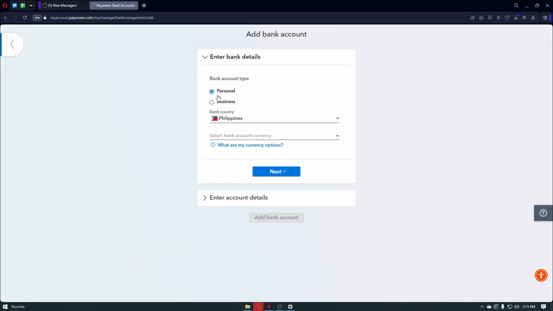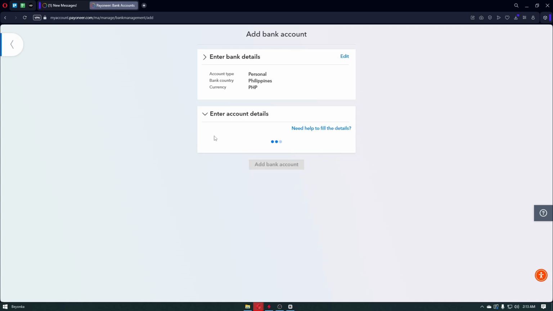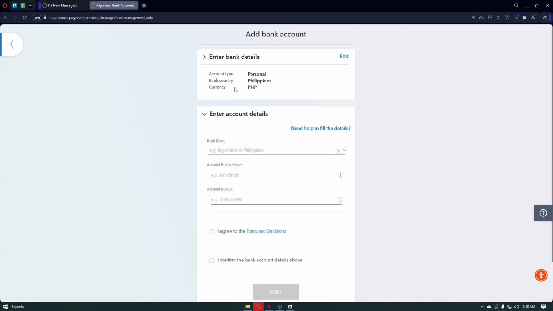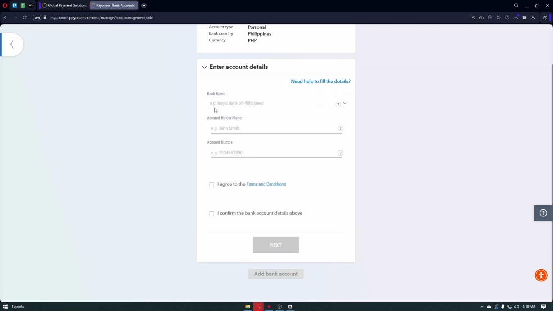Simply inside, you then have to enter the bank account type. It can be personal or business. And then you have to enter the bank account currency. Click on Next. Of course, you want to make sure that you have your bank country correct. And from here, it will then ask us the bank name, the account holder name, and the account number for